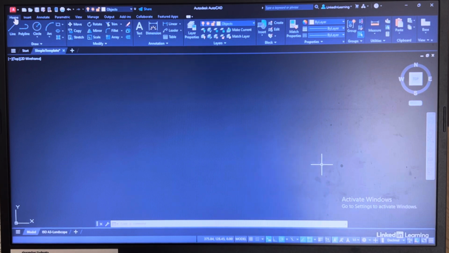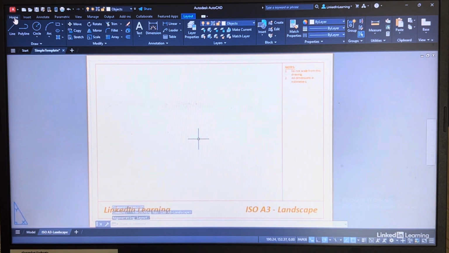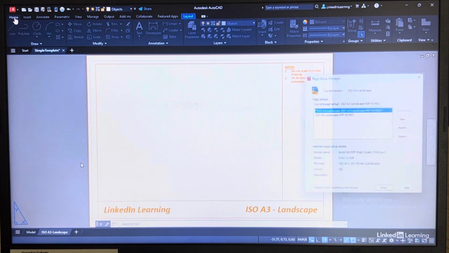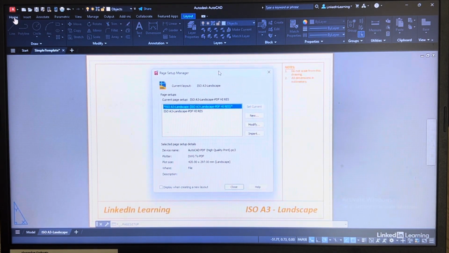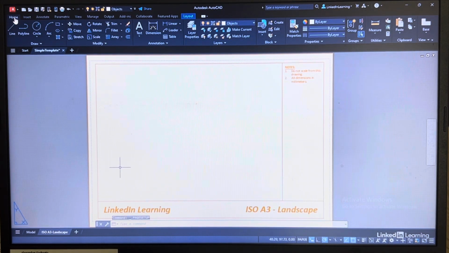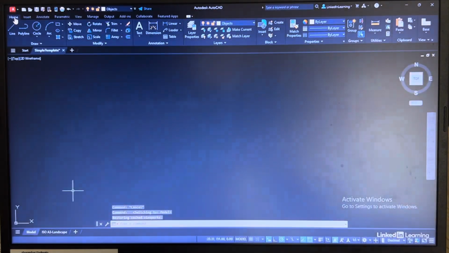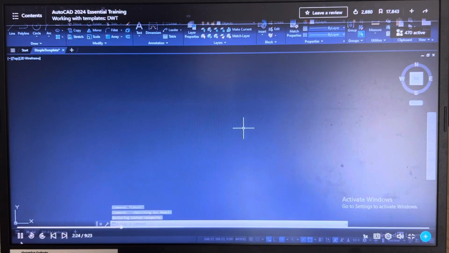One more thing while I remember, we've also got a layout tab set up. ISO A3 landscape. If I click on that, we've got a simple title block set up. And also if I right click and go into page setup manager, you'll notice here we've got a little page setup. ISO A3 landscape, PDF high res. So our page setup, if we plot the drawings, will plot to a high res PDF. I'll just close the page setup manager and I'll click on the model tab again. It's normally a good idea when you save your drawing to